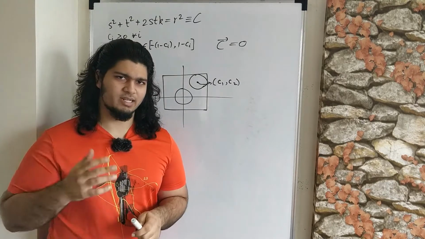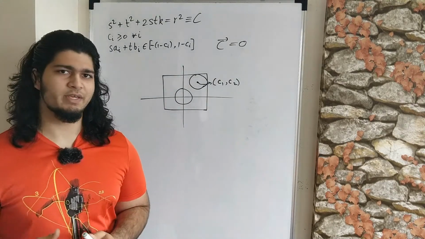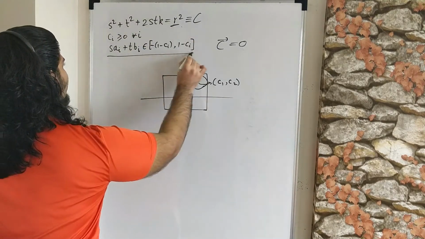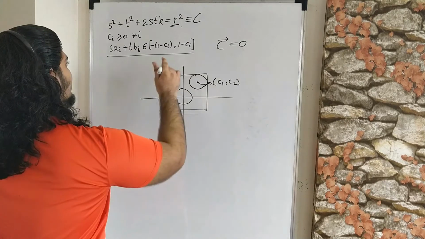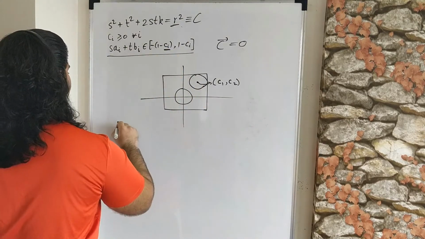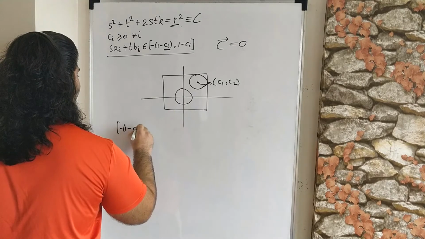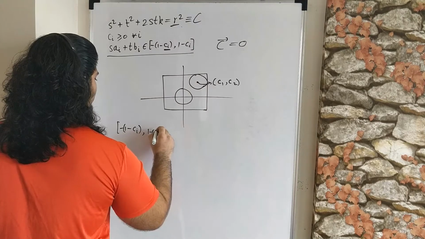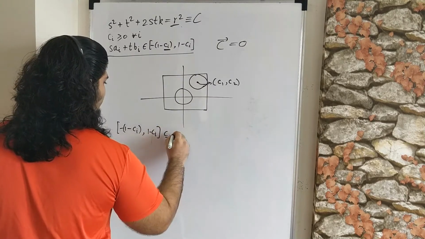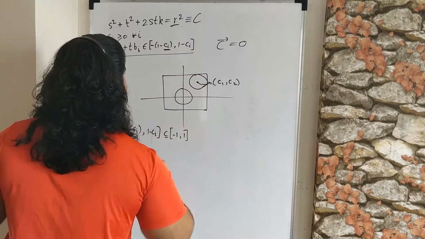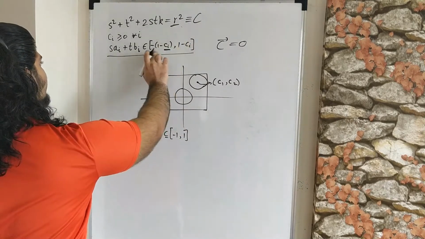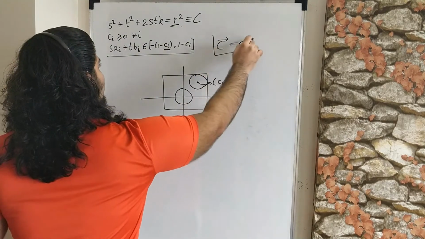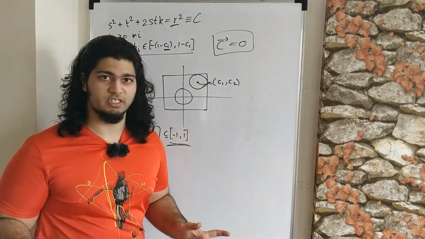So now that I've laid out that strategy in front of you, it should be pretty clear how we can prove it. Because if we have some r for which this condition is satisfied for all i, then since Ci is always positive, that means that the interval from minus (1 minus Ci) to (1 minus Ci) is always a subset of minus 1 to 1. So if some r is possible with this set, then it's also possible with minus 1 to 1. So that means we can say C is equal to 0 without loss of generality.